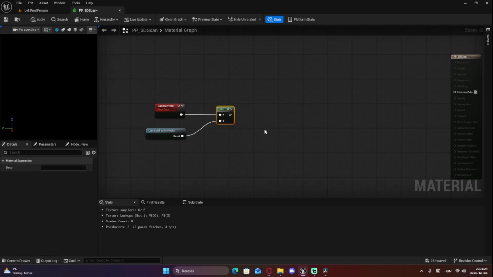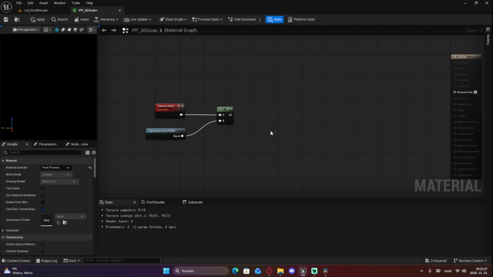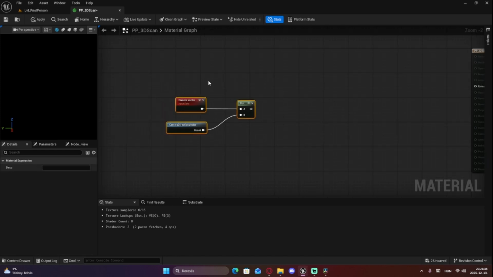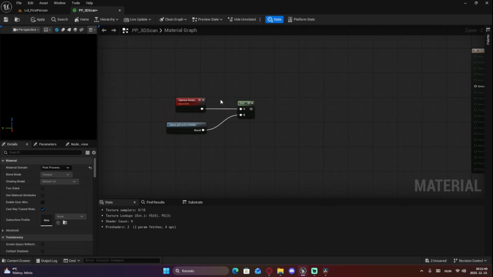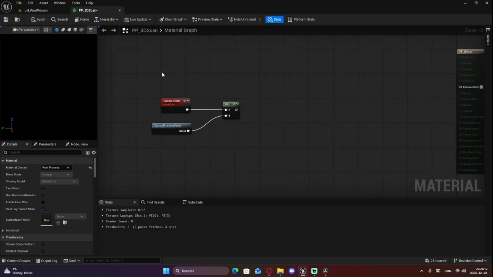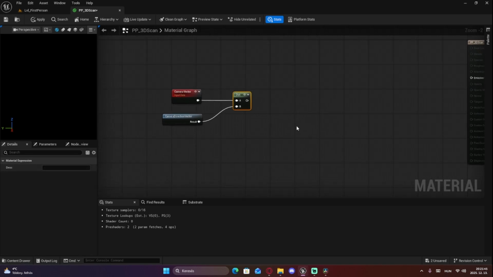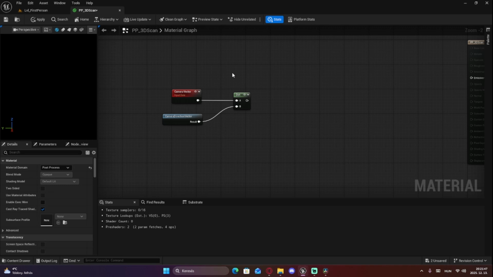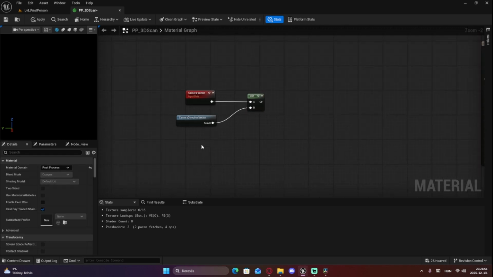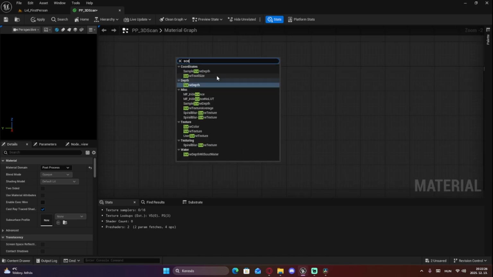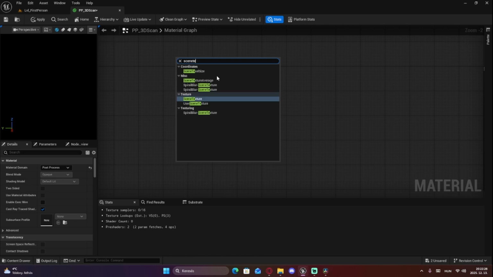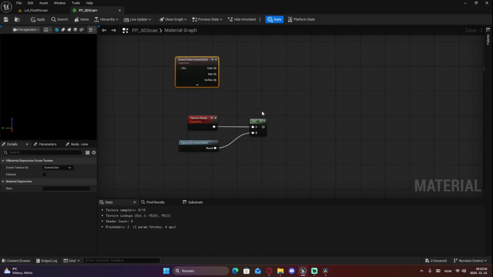Basically what the dot product does is it measures how much the camera vector aligns with the camera direction vector, or the straightforward vector. And at the center of the screen, the vectors match perfectly. So the angle is 0, which means our dot product is going to be 1. And at the edge of the screen, the vectors are at an angle, so it is going to be less than 1. And so this is where the magic is gonna happen, because we are adding our scene texture and